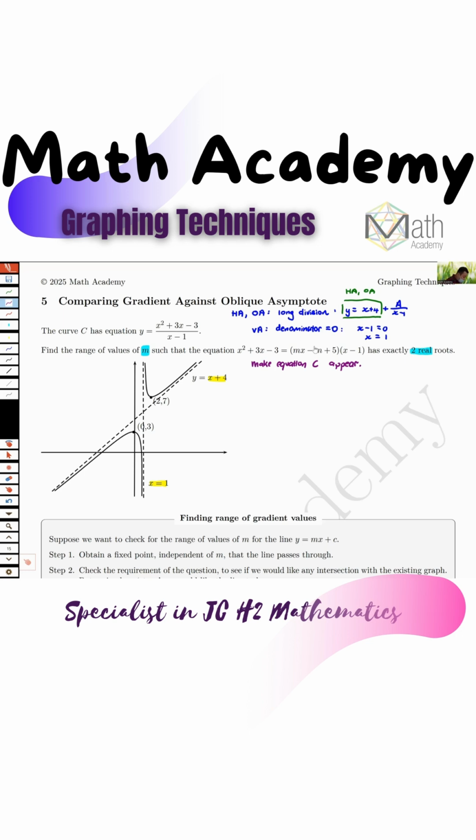And we should observe that to make C appear, the numerator and denominator is currently split into two different zones. One is on the left, the x minus 1 is on the right side. So to force C to appear, can I do a rearrangement? I would like to move that x minus 1 term across to the left. The balance